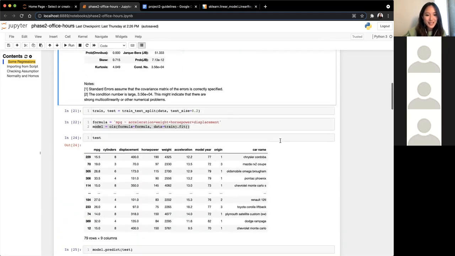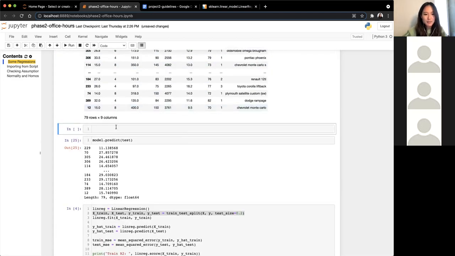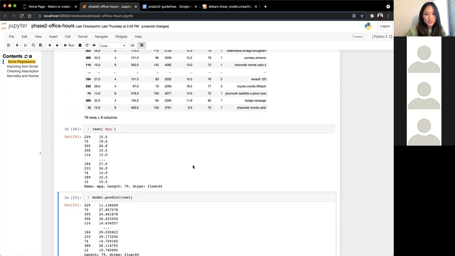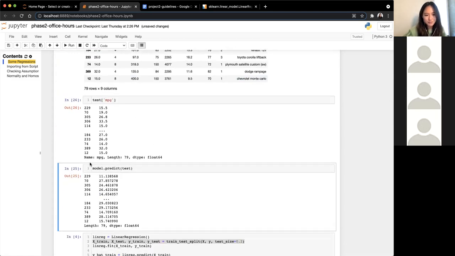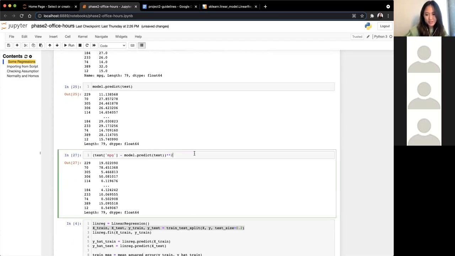You're welcome. With this predict test, you can compare that to your test miles per gallon, compare these results, and then get your root mean squared error. I believe you can do test MPG minus model.predict test, take the square of that, and that should give you all the squared errors. And then you want to divide that by 79 because there's 79,